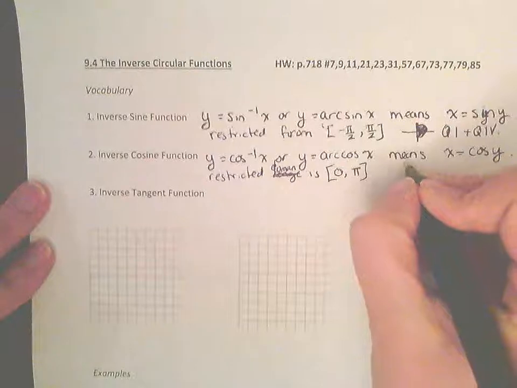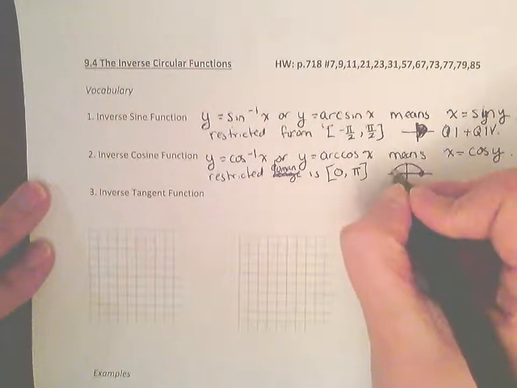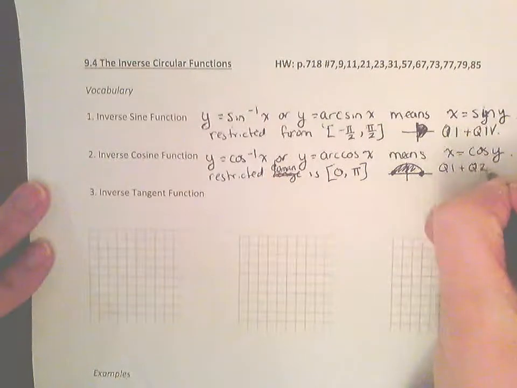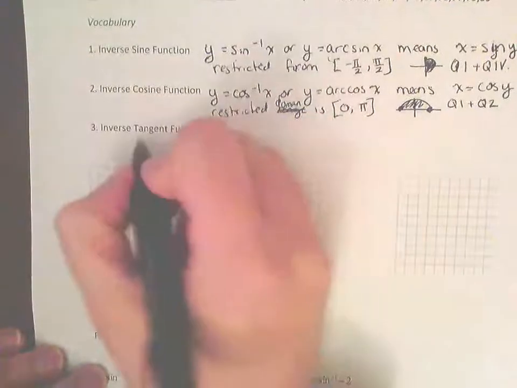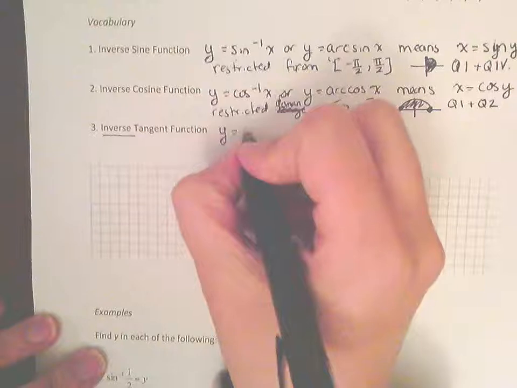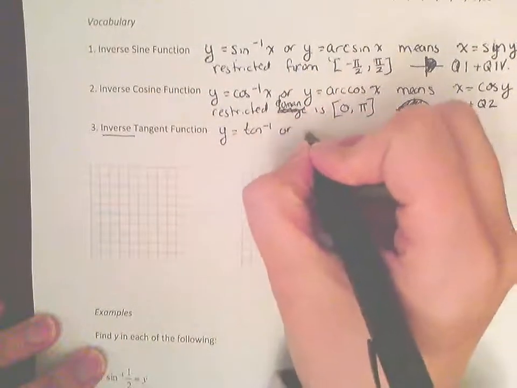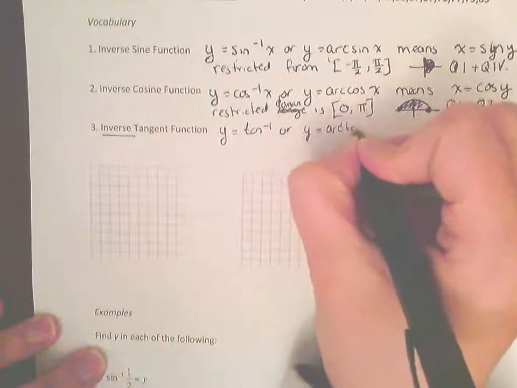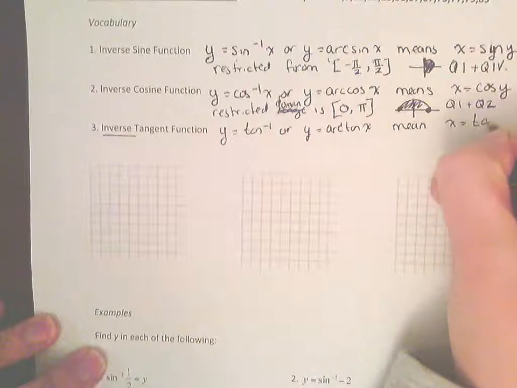And what that means is that our answer is going to lie from 0 to pi. It's in quadrant 1 and quadrant 2. And now our inverse tangent, y equals arctan of x, means x equals tan of y,